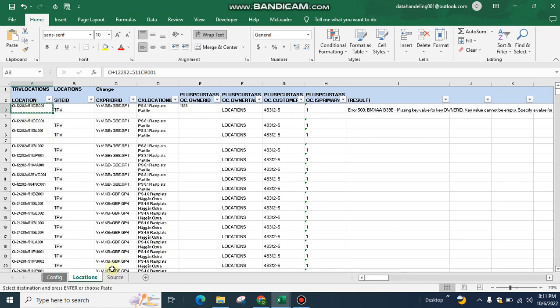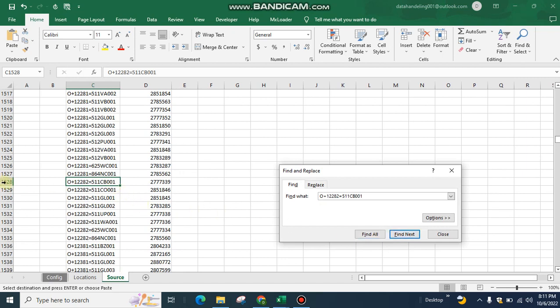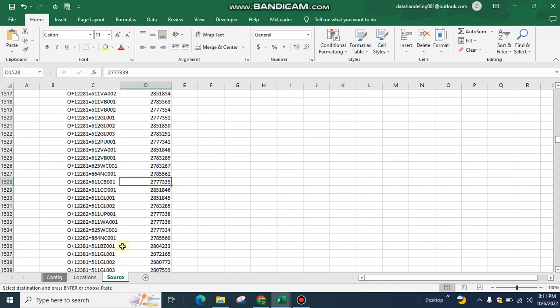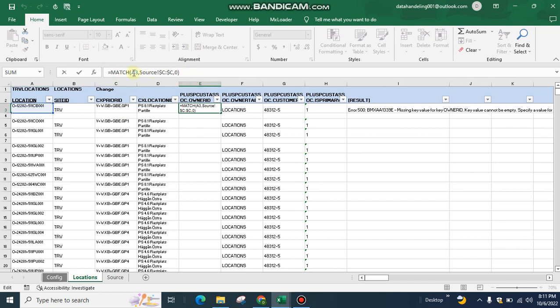If I copy this and go here, you will see it's on 1528. So we need this one as a location. So how will we locate this one? Okay, now I'll go back to the first formula tab. Let me cut it so that you can see it clearly. I'll type in here INDEX,